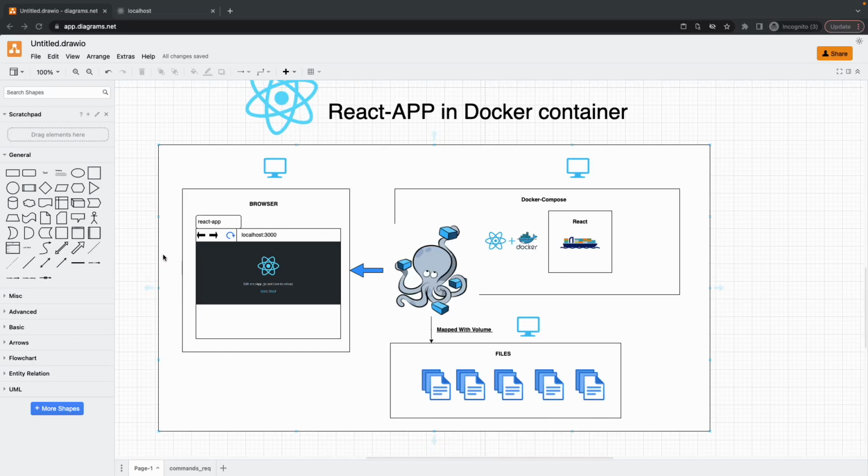Hello everyone. In this video I will teach you how to create a Docker container of a React application front end with Docker volumes. The requirement is that you need to have Node.js